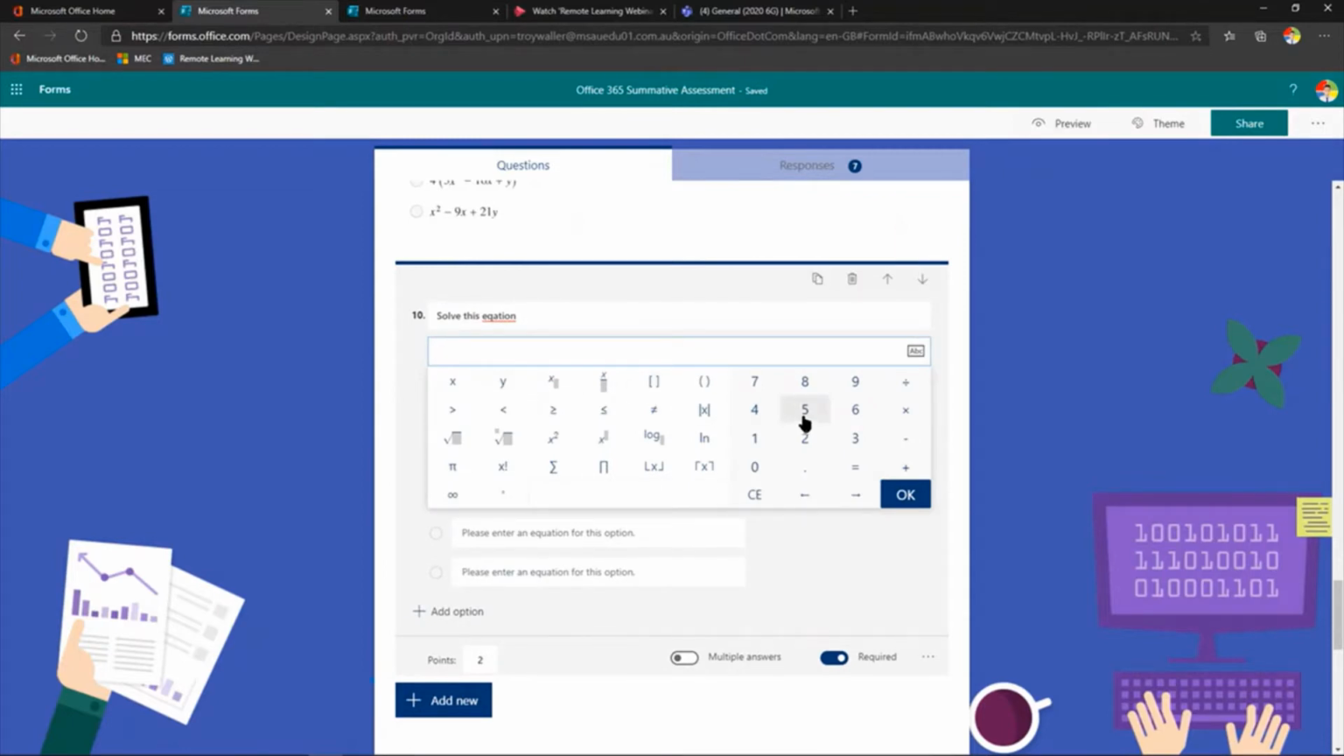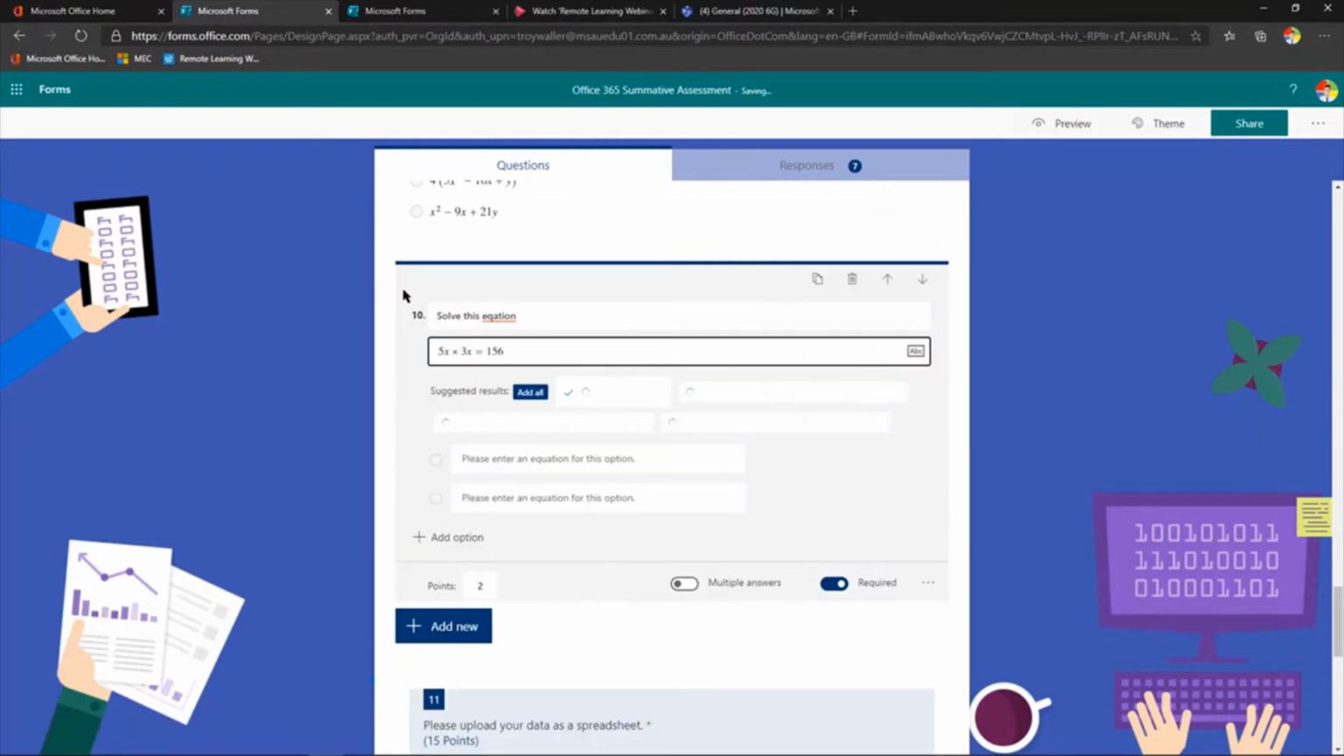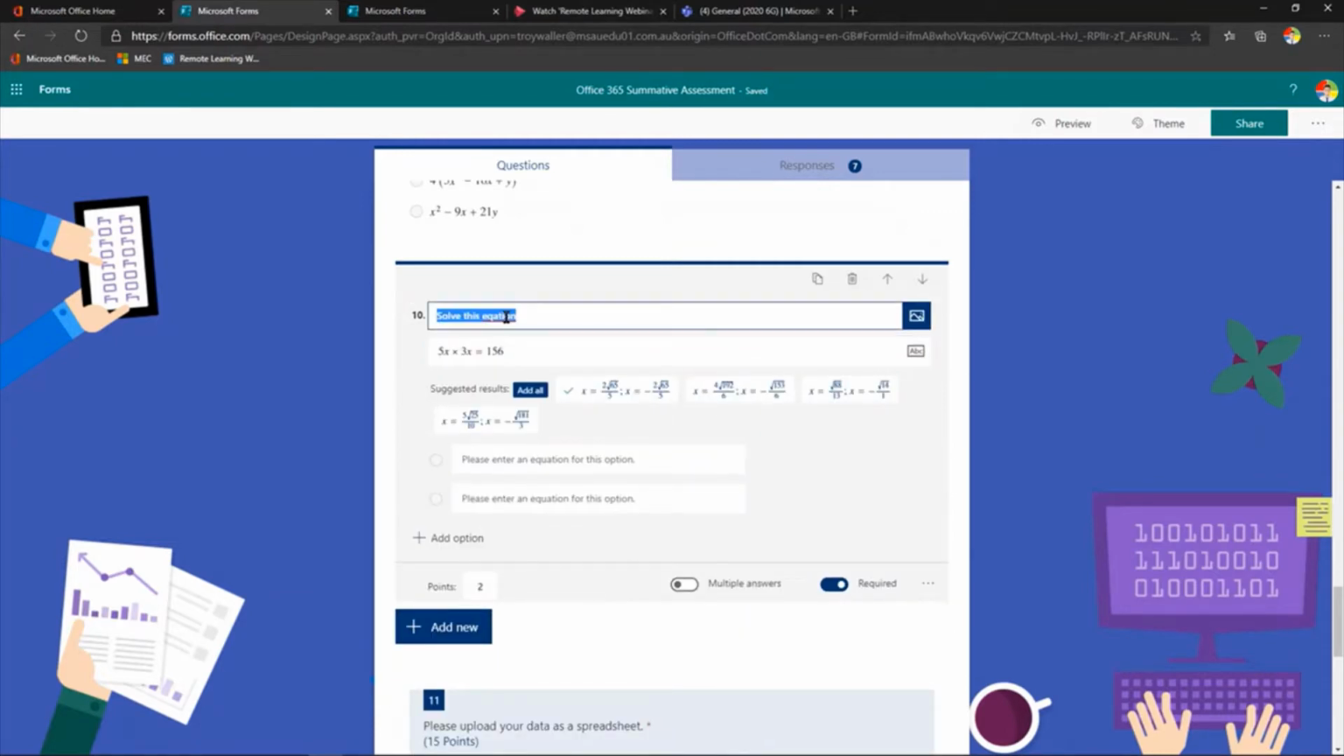Okay, so mine might be 5x times 3x equals 156. Okay, so that's my equation, right? Now I might want them to solve for x, so I'm going to put in here solve for x, okay,